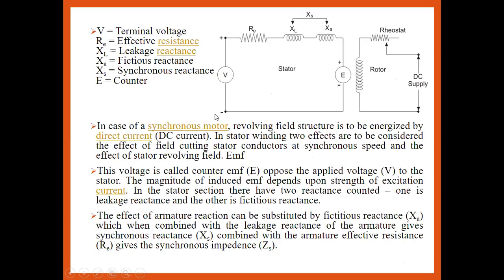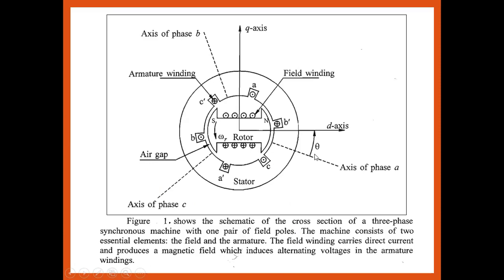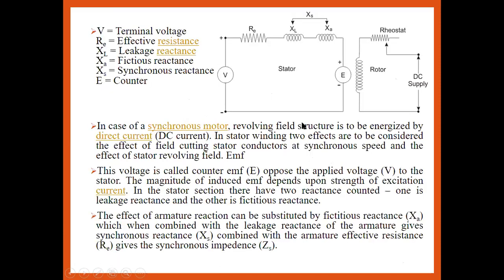Okay, so this is the cross section view of the synchronous machine with one pair of field poles, one is the positive and this is the negative. This is a cross section of the stator poles, the positive and the negative pole, north and south pole. They cross each other and produce the flux, and that flux, in terms of voltage, is the terminal voltage. So this is all about the cross section view of the synchronous machine.